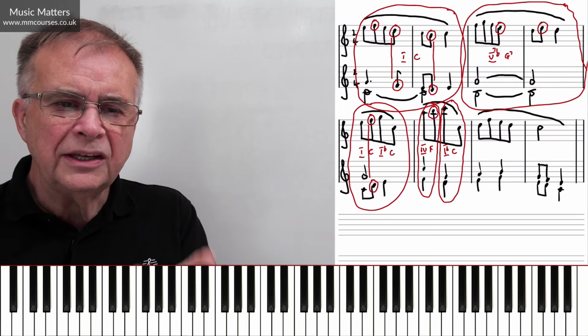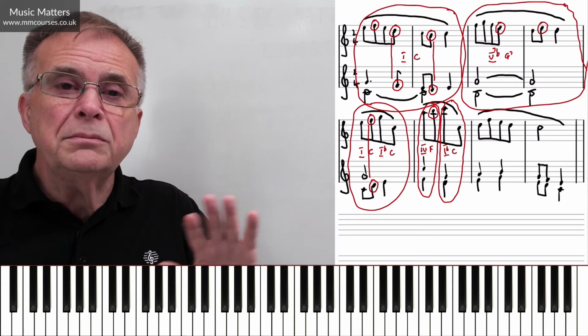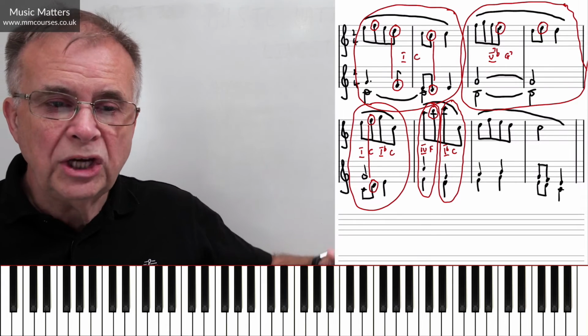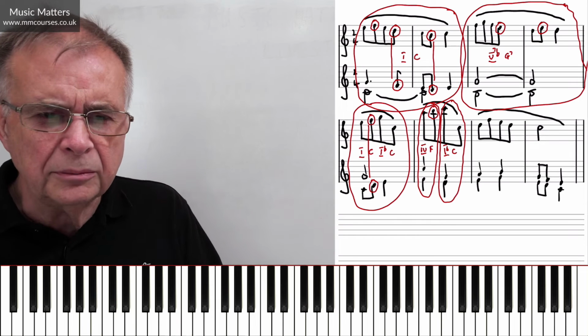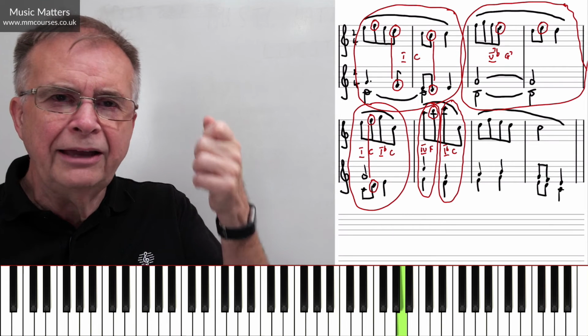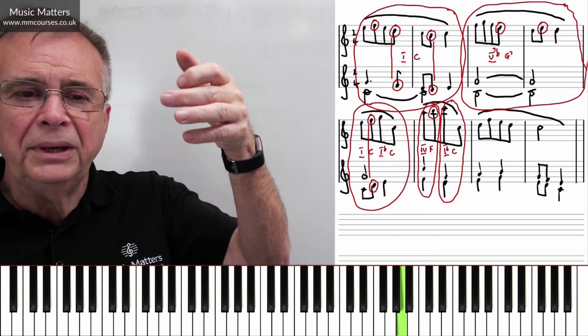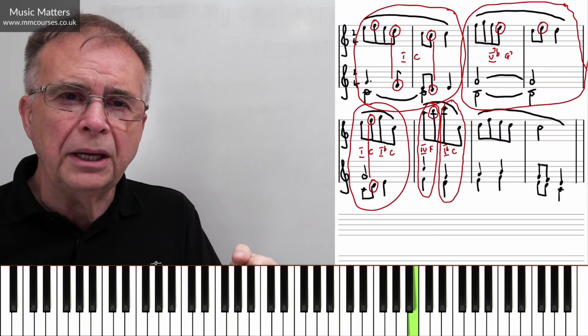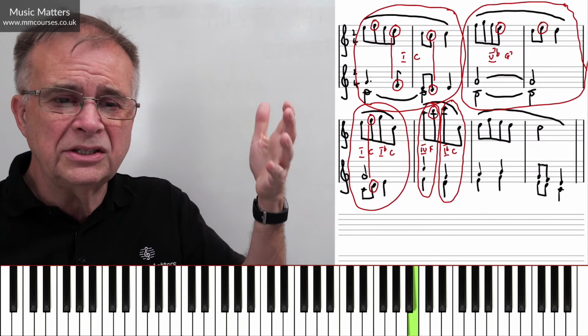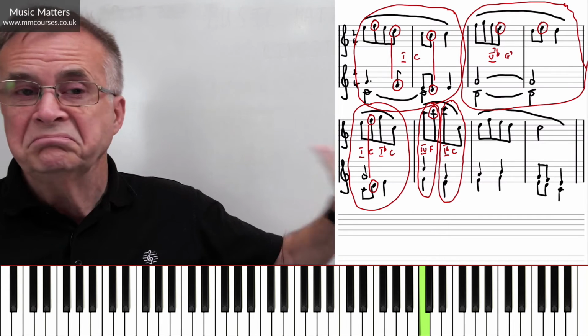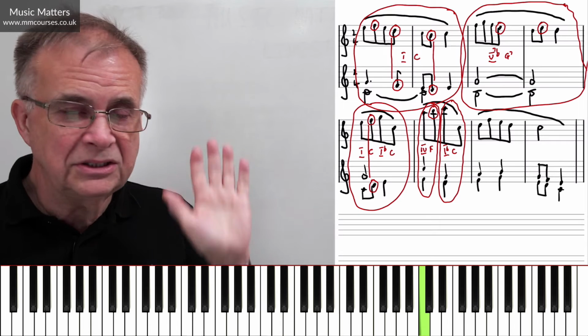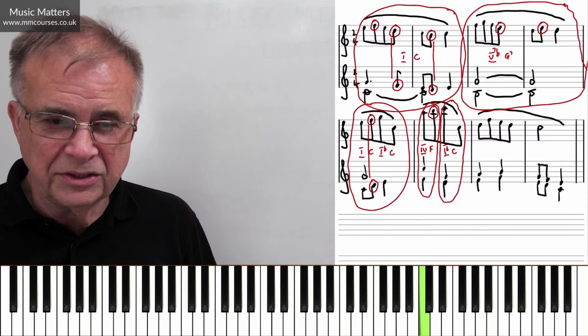Now I've included this because I want to make this point. It doesn't matter that the chord changes, because you might say, well, hang on a minute. A belongs to that F major chord, that chord 4. B, I kind of see why that might be a passing note or a passing tone. But when you get to C, the chord's changed. That's fine. Don't worry about it. Still works as a passing note or a passing tone.